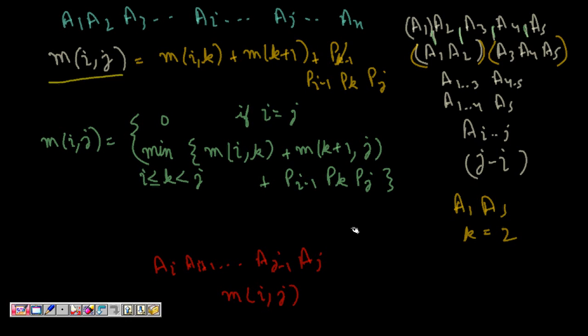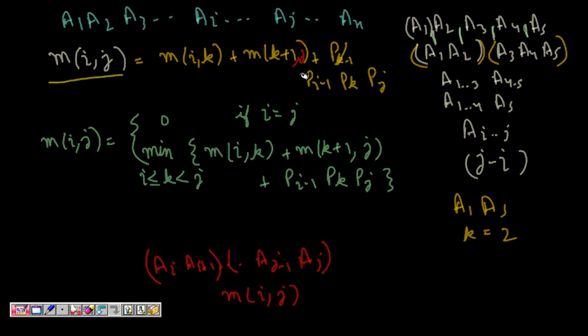Now let's say we put one parenthesis, we divide it into two subgroups. I can do it at any position, something like this. So let's put a parenthesis at position k. So it will be something like M(i,k), that is the optimal cost, plus M(k+1,